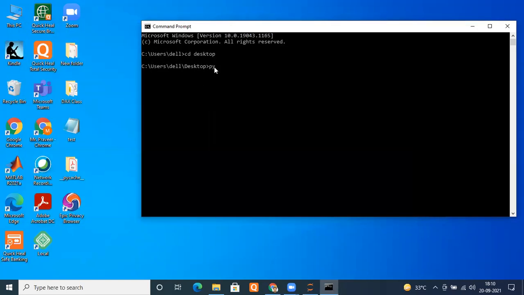So I can call my Python compiler here directly, or rather the Python interpreter, and use the file name. What is the file name? test.py. Let me press enter, and you can see it directly showed me hello world. But what has happened behind the code, everyone knows. First of all, the Python compiler has been called, which has converted my Python file, that is high level language, into bytecode, right? But it is not visible here. It all happens behind the hood. And then internally the interpreter has been called, that is the PVM, and that converted that PYC file into your machine level language, and then it is executed, and that's why you are seeing that.